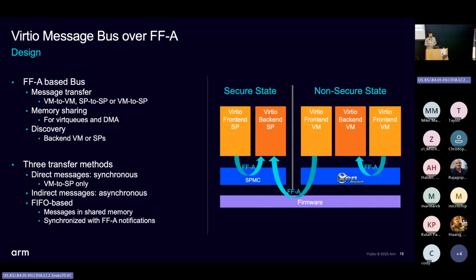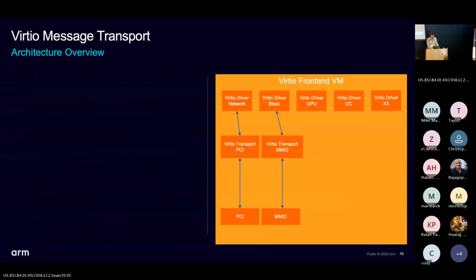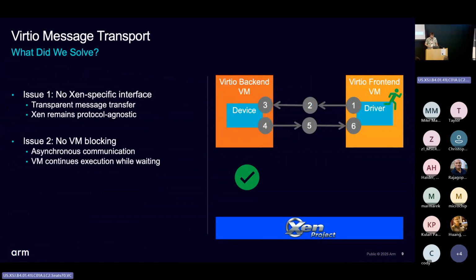I may have missed this, but does this work with PV guests? Why not? Yes. All types? At the end, as said, we have no dependency to Xen. As long as you have a way to transfer some messages, that's